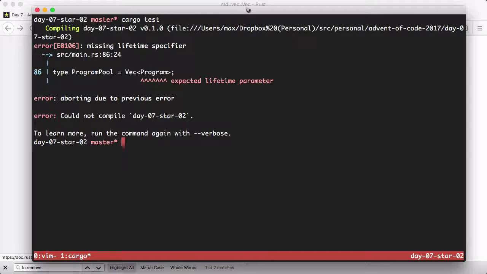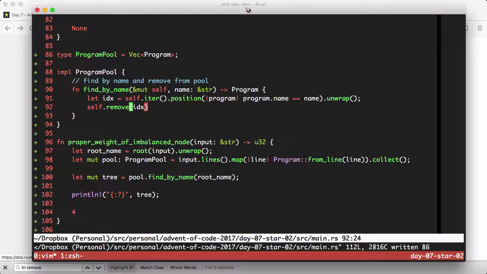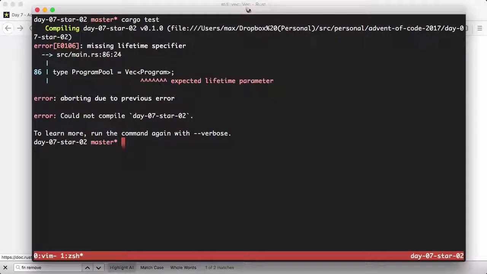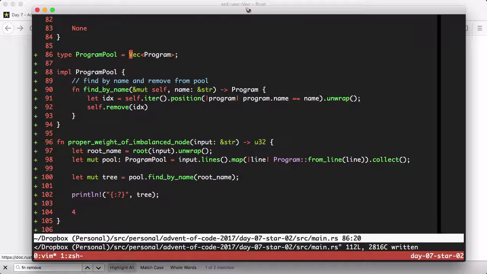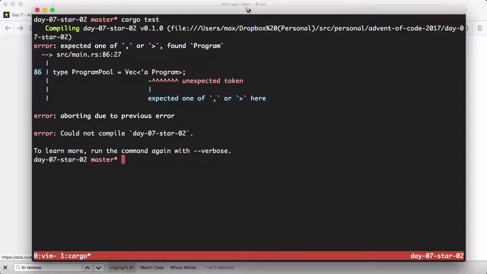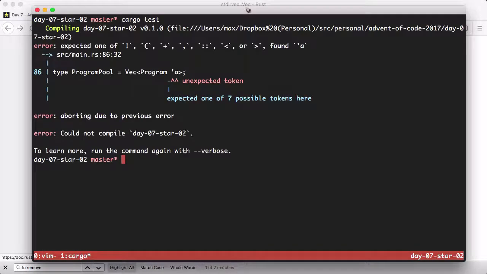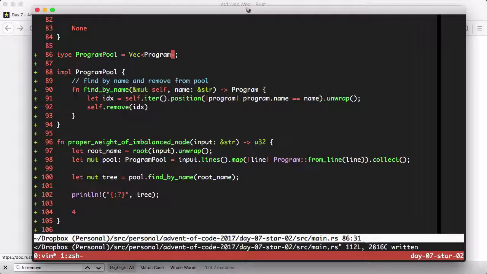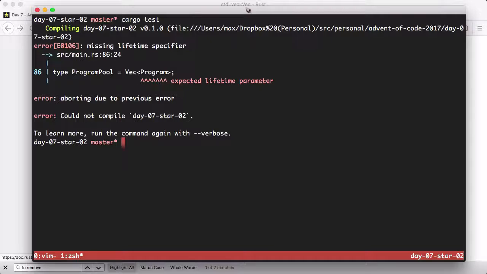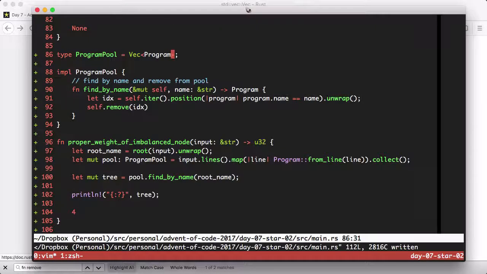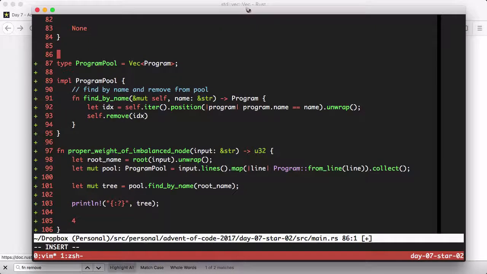Expected lifetime parameter. Really? I didn't expect that. Can I just put one? I cannot. Well, what would it look like to put a lifetime parameter? Alright, well, how about this? How about I just say